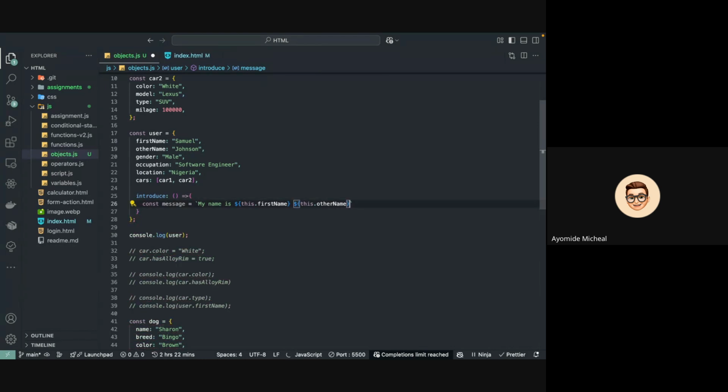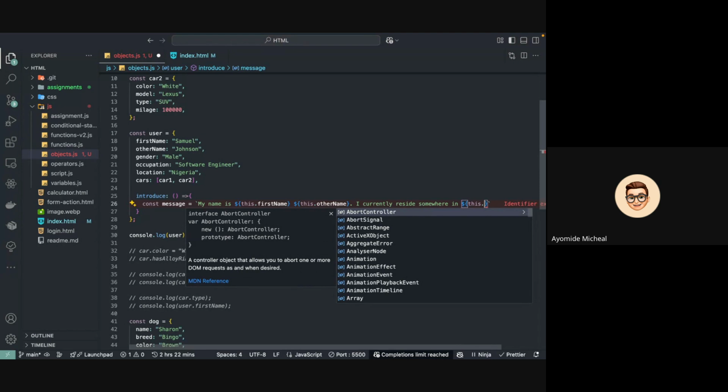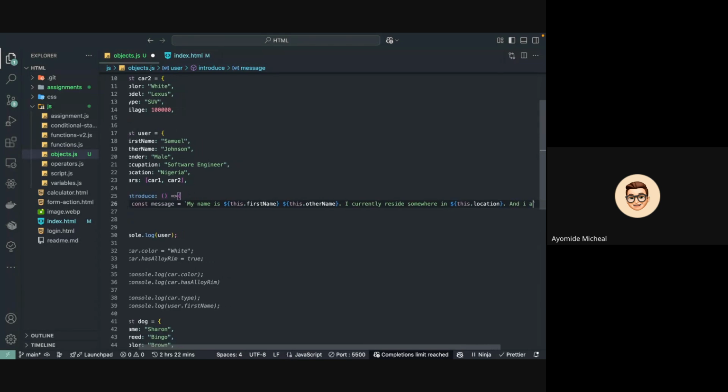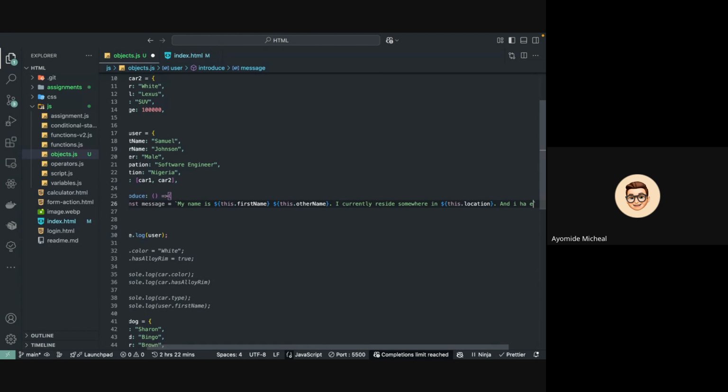My name is, it should be my name is, right? I currently reside somewhere in, where this dot location. So my name is the first name, the other name. I currently reside somewhere in this location. Stop. And I have what? I have